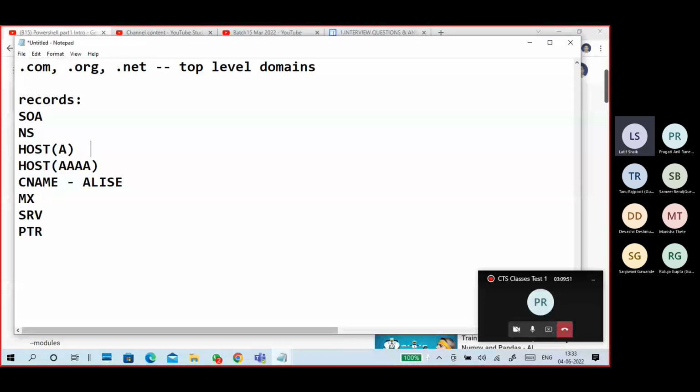Host A belongs to IPv4. AAAA belongs to IPv6. Alias means it's like a duplicate. MX is the mail server.